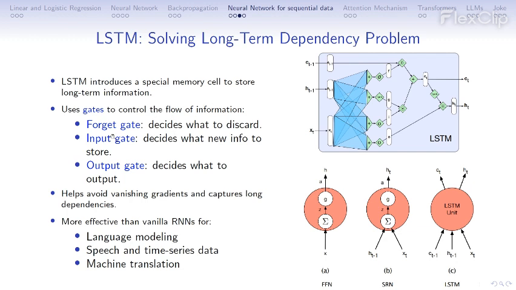What are the gates? The first one is the forget gate, the input and the output gates. ምንድን ነው የሚያደርገው? So you have a forget gate, decide what to discard, and also in other sense what to remember as well. So the forget gate is this one. This is the F, the forget gate. ያ ማለት ምንድን ነው? You have the hidden layer information, and you have the input, and you weight sum that and apply sigmoid, and then you get the forget gate. So ያ ማለት ምን ማለት ነው?